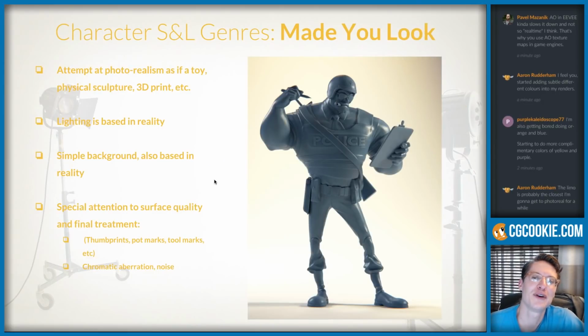Next, this genre I called Made You Look. It's an attempt at photorealism, as if my model is actually a photograph of a toy or a physical sculpture, a 3D print, that kind of thing. This is a common genre that you'll see on ArtStation and things like that, where people will render it sometimes in a photograph, like, here's my clay model,